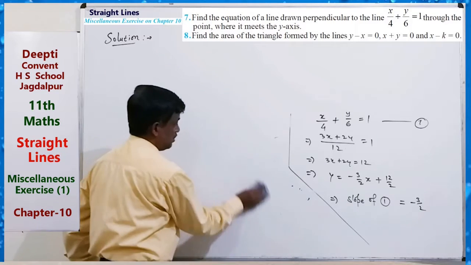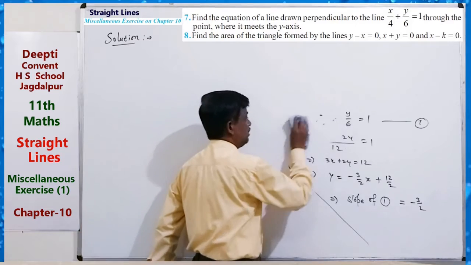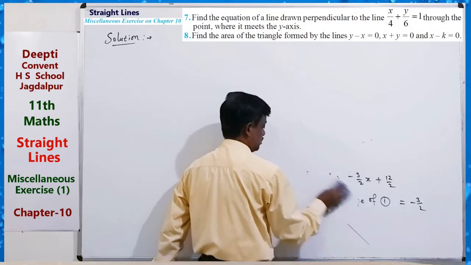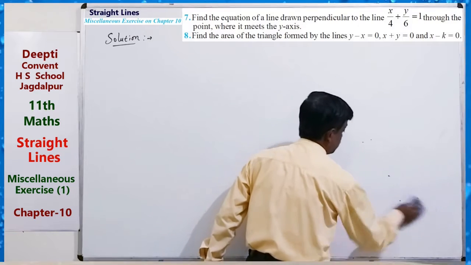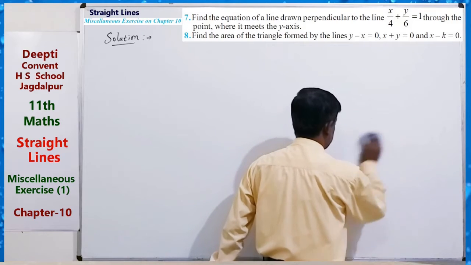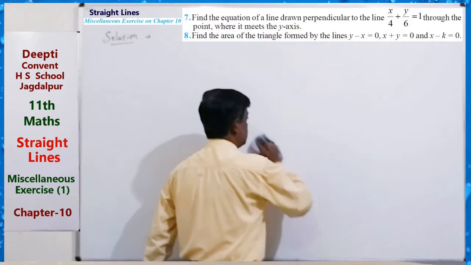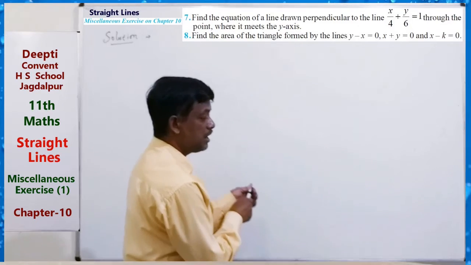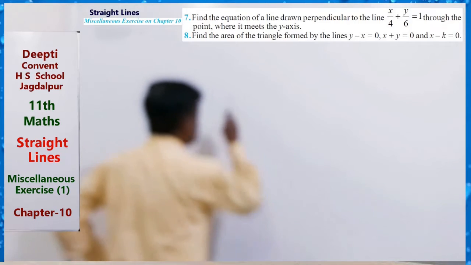for finding the area of a triangle in a two-dimensional plane, with points having coordinates x1, y1, x2, y2, x3, y3. Okay. So first of all, the vertices should be found. Vertices can be found by solving the lines